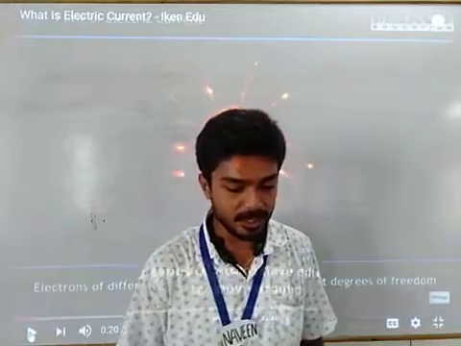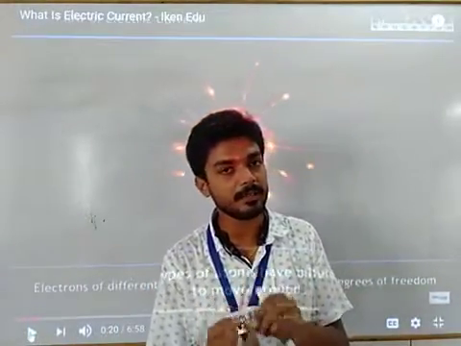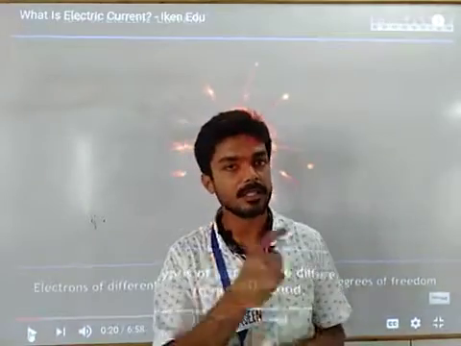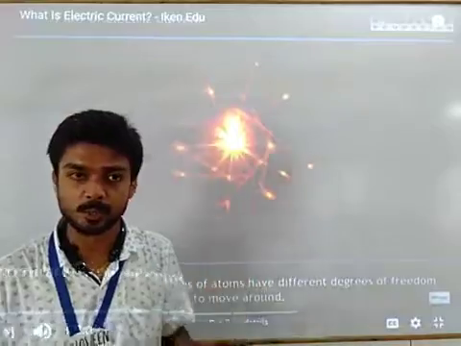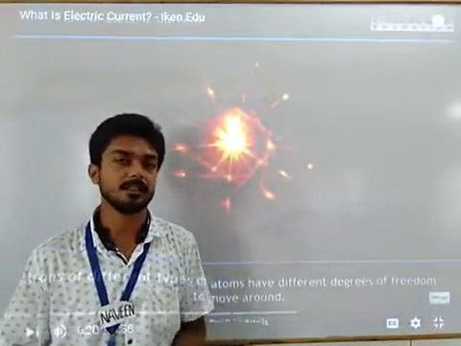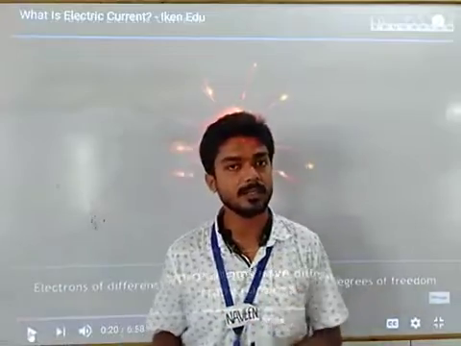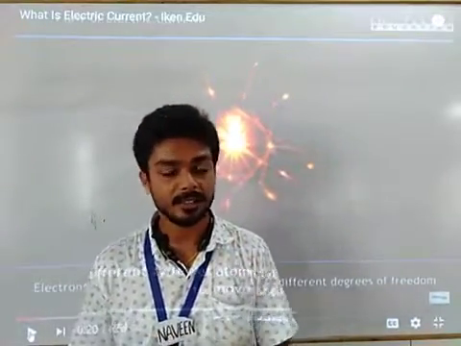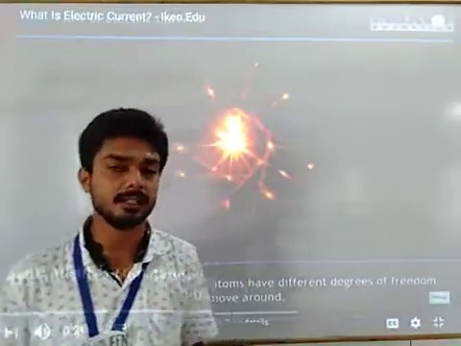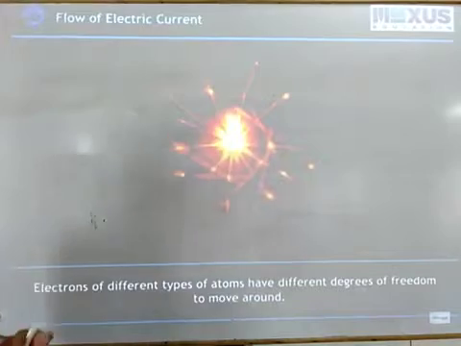Current can flow, students, in all three types of material, either solid, liquid, or gas. But in all these three mediums, there should be free charges. In solids, free charges are electrons. In liquids, free charges are ions. And in gases, free charges are also ions. Then we have discussed that